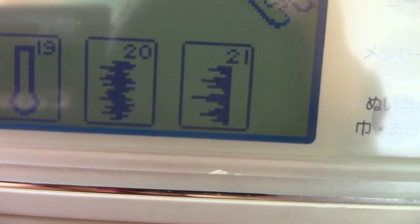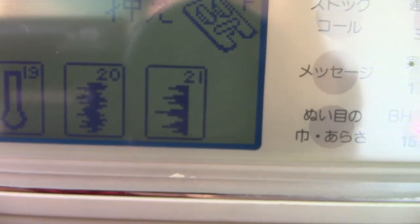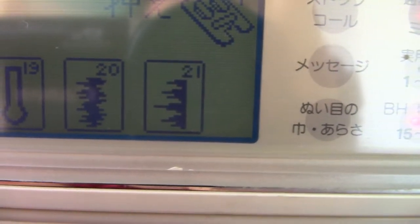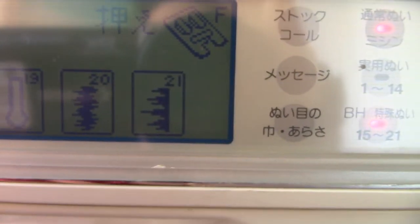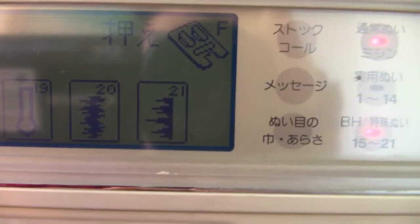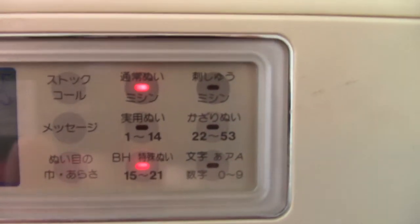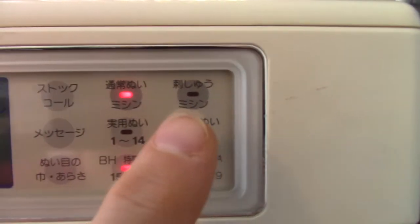And because of, see, if you look at 21 there, if you imagine you're sewing from the right to the left, that will always overcast a bit of the stitches on the left, so you can actually build up darker and darker and darker if you do it right. It's really quite clever. Over here, 22 to 53, then you're starting to get into some of your fancy ones. What you can see up there